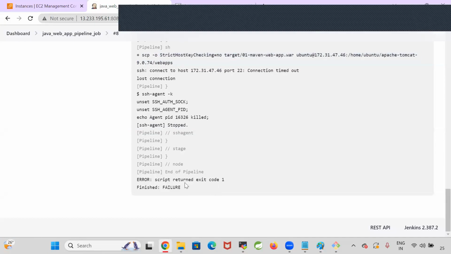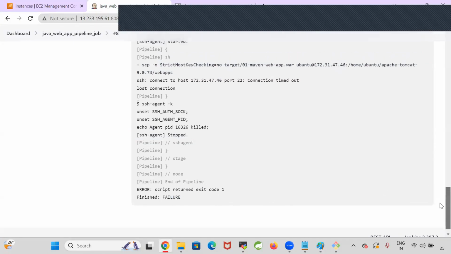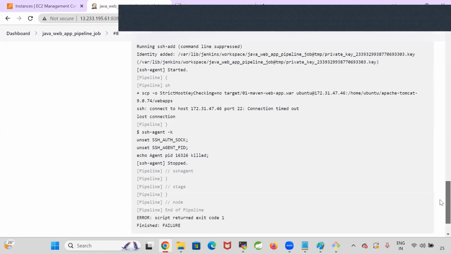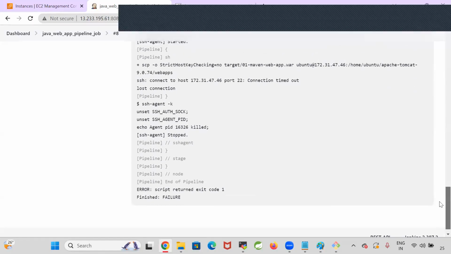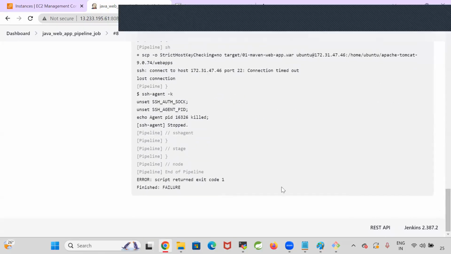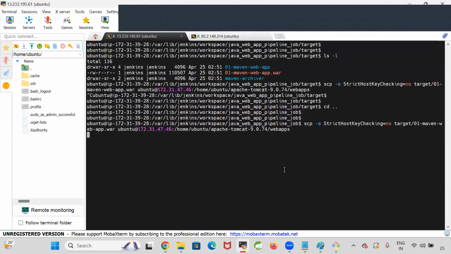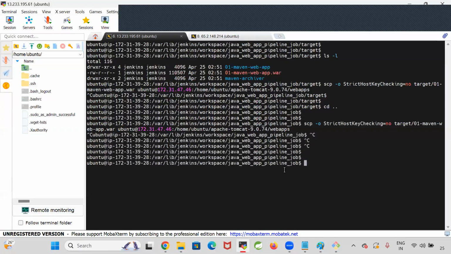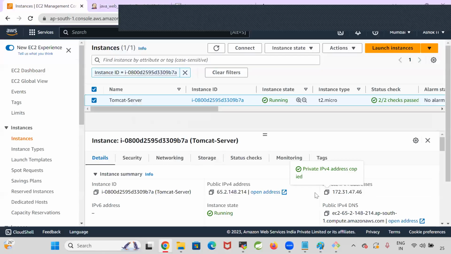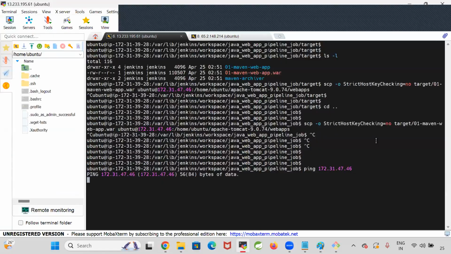It failed. Sir, should we try to connect Jenkins to the Tomcat server by SSH? Then we can understand whether that connection is happening or not. Do we need to create any outbound rule like that? Outbound rule is not required, sir. No, I mean just SSH ubuntu@ the IP. I know it will ask for password, but you're not able to ping. Need to open the